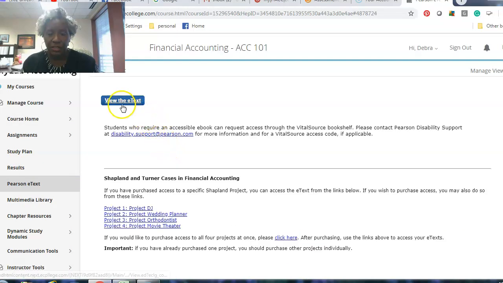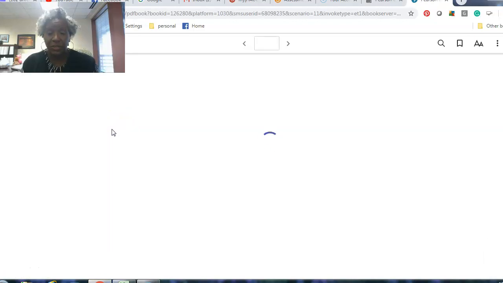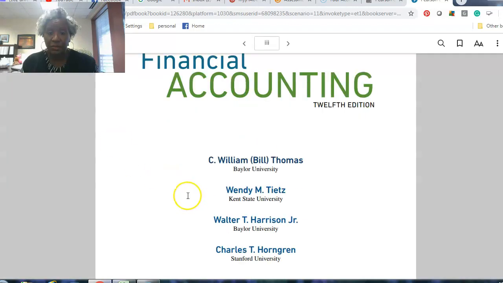I'm going to click onto that so you can see it. And here are just different ways of reviewing the chapter, and you can look at it on your screen. You can print things out. The most important thing is just being able to read your text online, having it in a digital format. Many students have a little bit of issue with that, but let me know what we can do to help you because all of the materials in this course are going to be electronically delivered, as this is a 100%